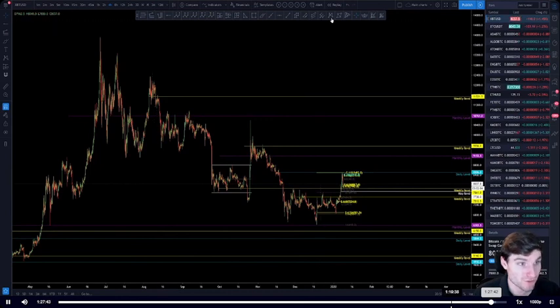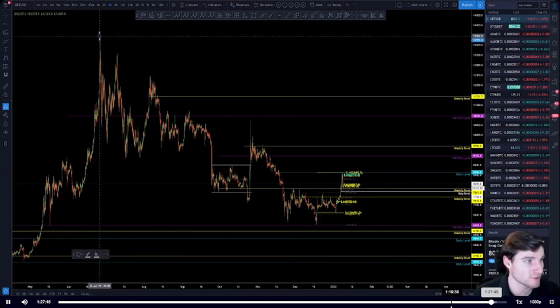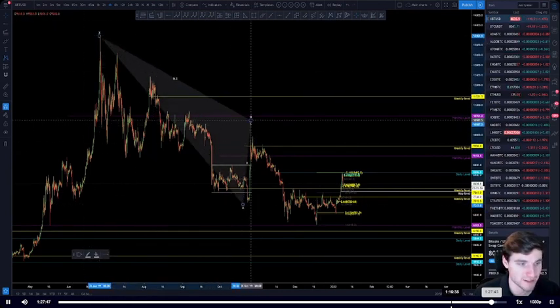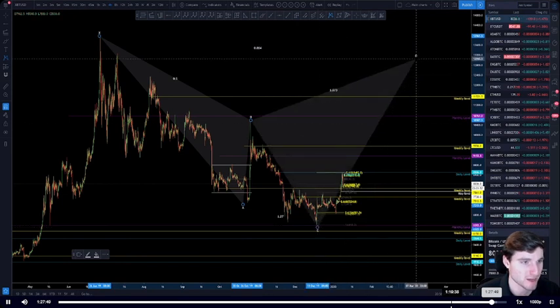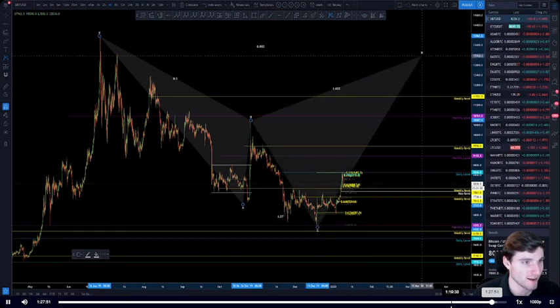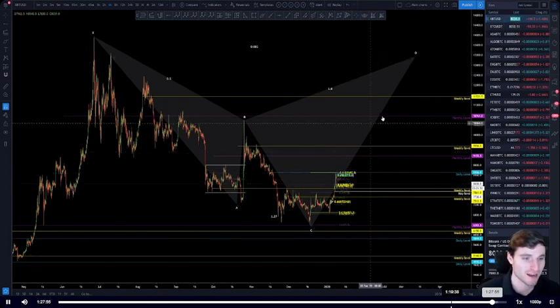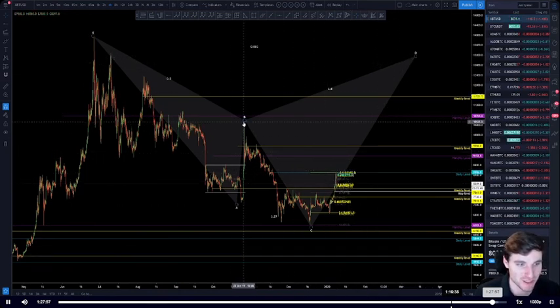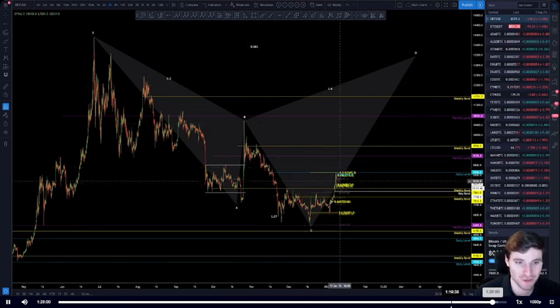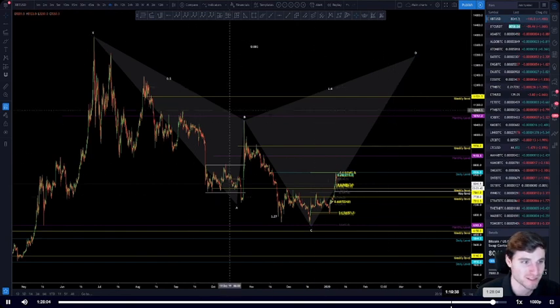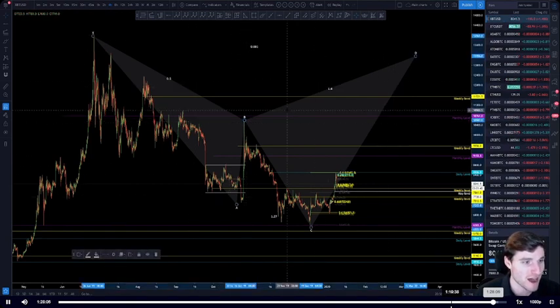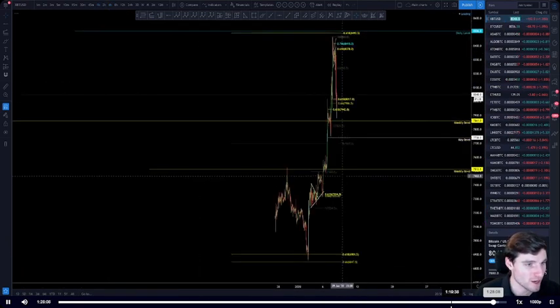Well, we have a really, really big harmonic, and that was from X to A. Again, the symmetry on this one was not great, but we have this possibility. This is why I was saying 13k by April. Again, this is one that I would trade straight off the bat. I'm obviously not longing here and expecting 13k. I trade it level to level to level, but this is a really nice harmonic to be aware of. On a lower time frame,